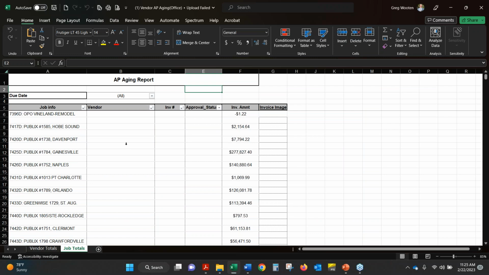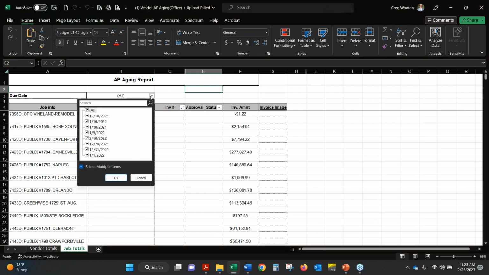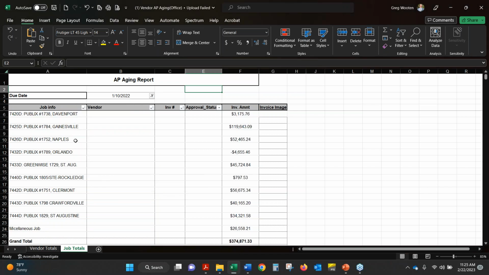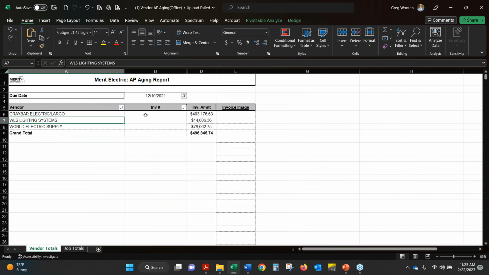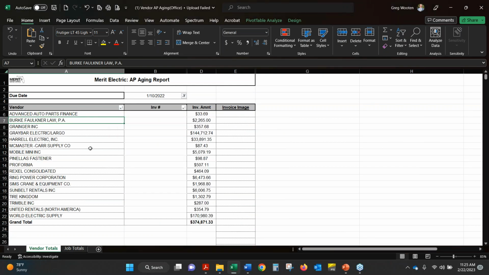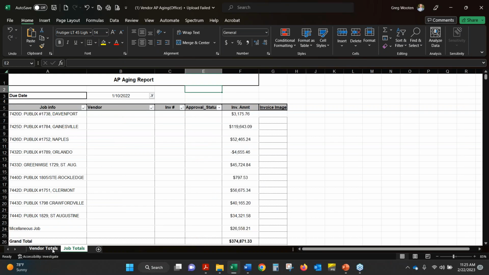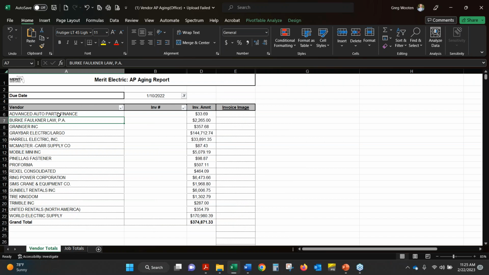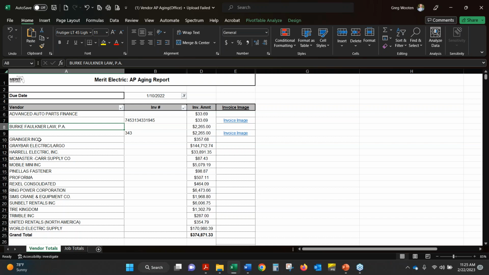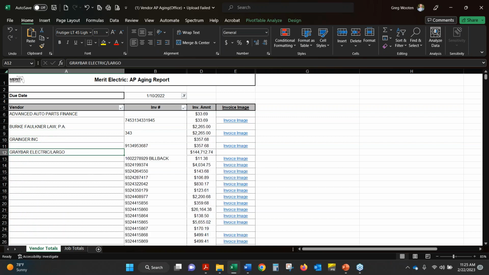So you have the ability to come in and select whatever due date might be applicable to the invoices you're looking at. Here it has it summarized by job. I also have vendor totals, if that's a little more applicable to you. Either way, there are a lot of ways to customize how you're summarizing the data. And then the ability to come in and look at a specific vendor, for example,